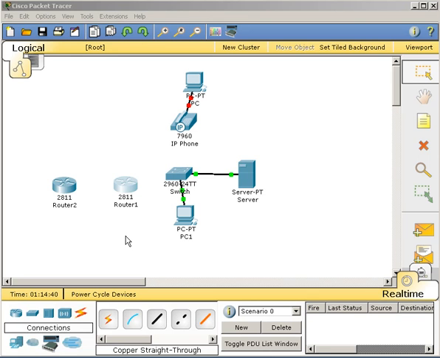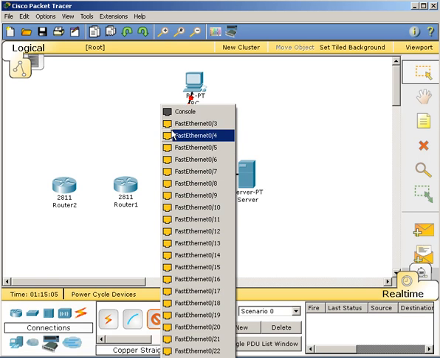Okay, let's continue on. We are connecting the PC to our IP phone, and then we're going to connect from the IP phone, or the other port, to our Ethernet switch. So again, I'll get a straight through cable there, go from the switch here, and then to the next available port on the